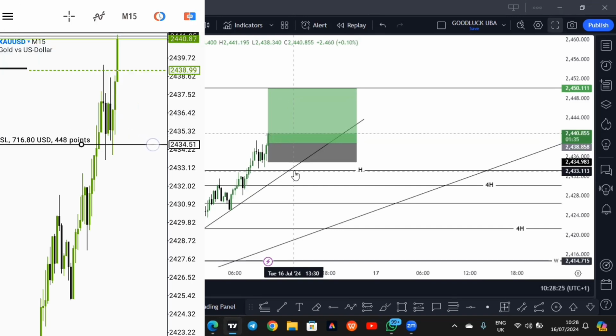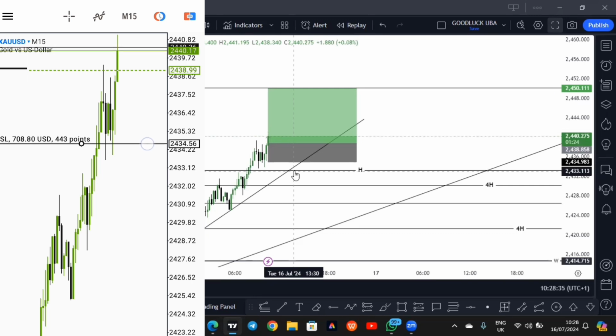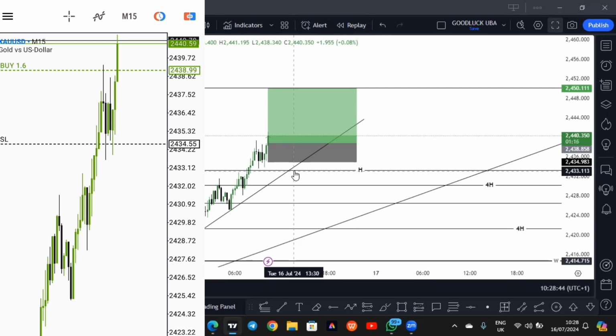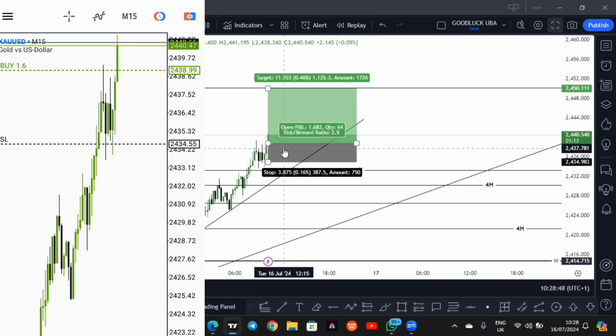714. Let me leave it at 7171. That pump shows that buyers are in the market, guys. Let me leave it at 710, around this level. That's my stop loss. So I've actually set my stop loss. So let's use this to work. Whatever I have on my MetaTrader 5, that's what I would like to have